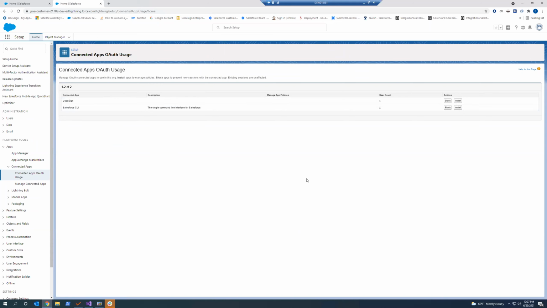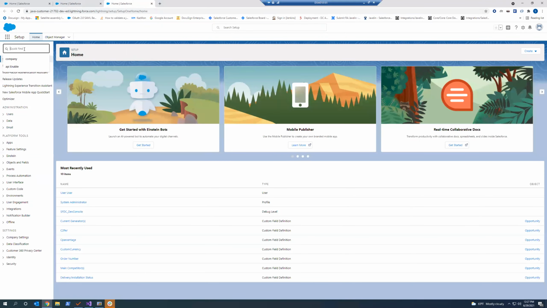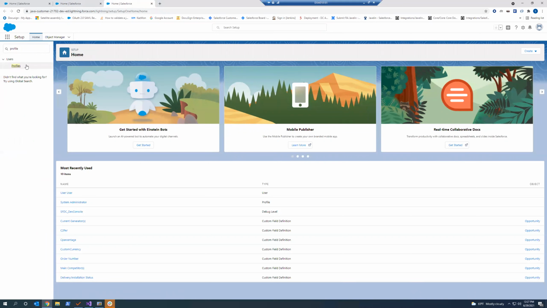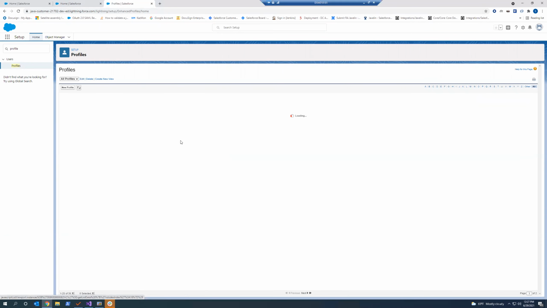So we have set up the connected app, and at the same time we have set up passwords and everything as well. Now the other thing, and the final thing which is required, and this is where I would be able to answer the question, is what kind of permissions are required. We provided permissions as part of scopes, and then all you need to do is, on behalf of the system admin, I go to System Administrator.